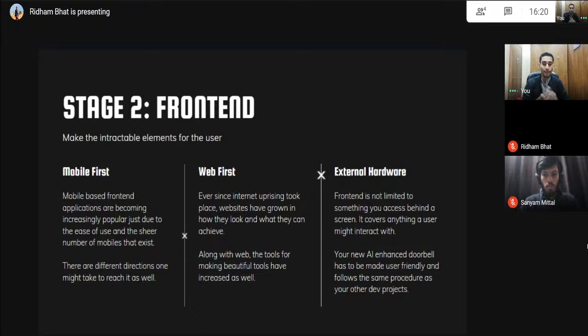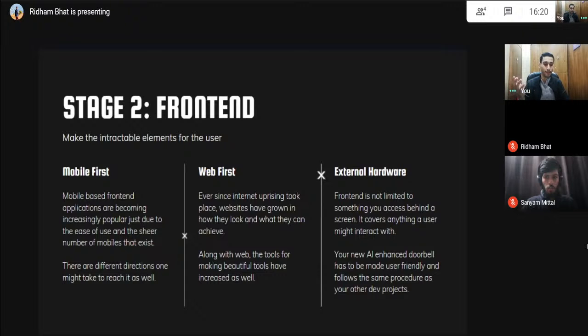But web first has its own particular advantages as well. Because when you make an application on web, it is not constrained by which platform you are running on. It does not matter whether you run it on Windows, Android, or Mac. It does not make a difference. So having an application made on a web first concept has its advantages. And there are several tools that can help you to make mobile first applications as well as web first applications. So just talking about mobile first, the tried and tested method that has been prevalent over the